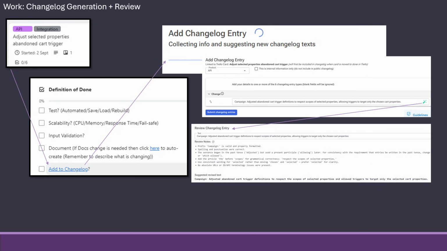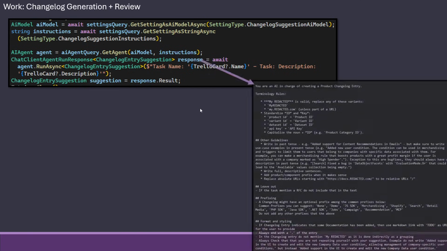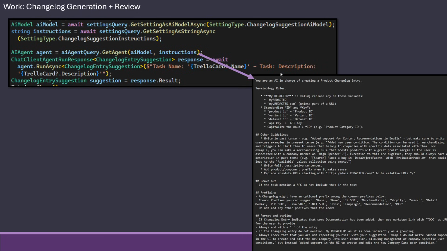And then they can go in and do a little mini review of the changelog entry, to see if it follows all the rules that we normally use for the changelog. The code behind this is very simple as well. We just get a model like normal. We get the instructions, and the instructions are fairly simple.